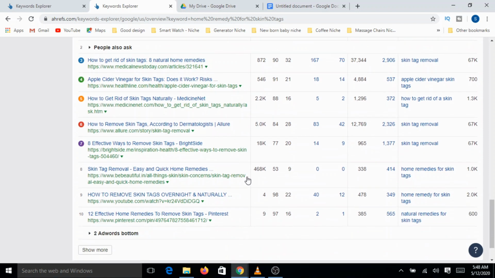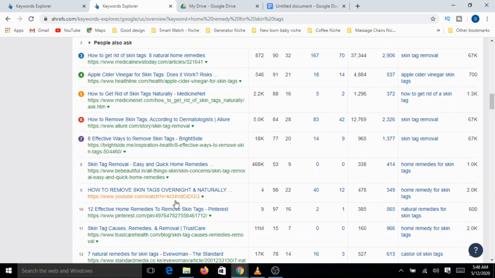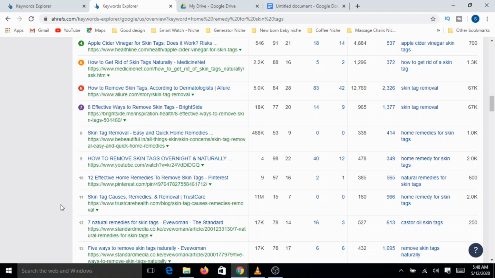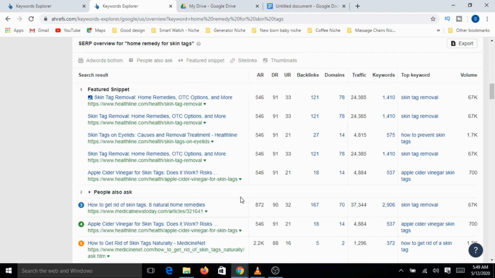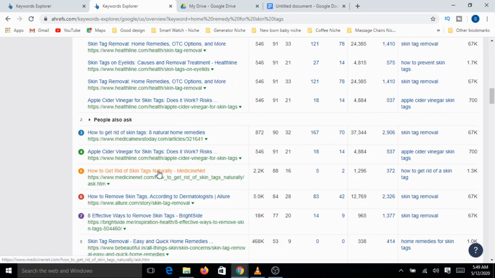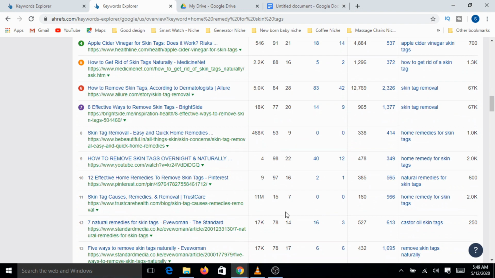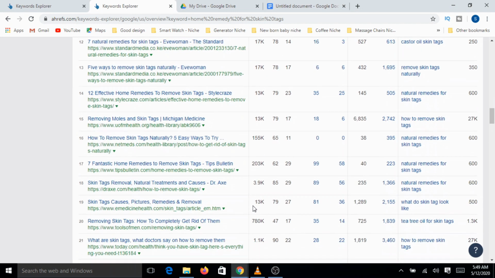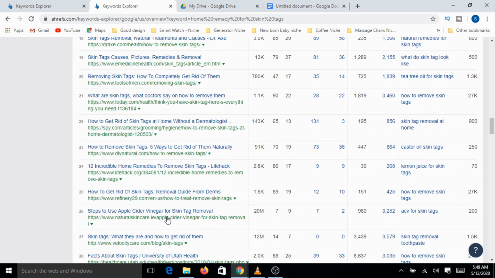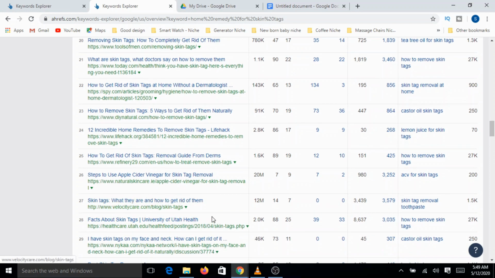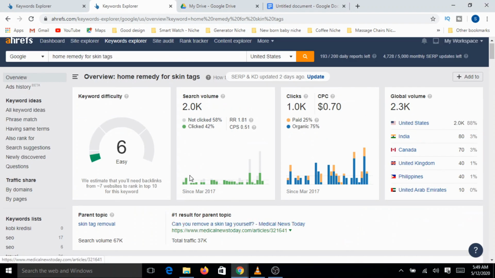Okay. Then if you see, yeah, I think this looks good. So on the 11th itself we have something with a DR of 15. So if you take out this particular headline, one of these two, if we assume that one disappears, this basically falls into the first top 10 results. And then if you go down, here's something with a DR of 14. This looks good, right? There are quite a few low DR sites coming up. So if you write a quality article, I think there is a very good possibility to rank.